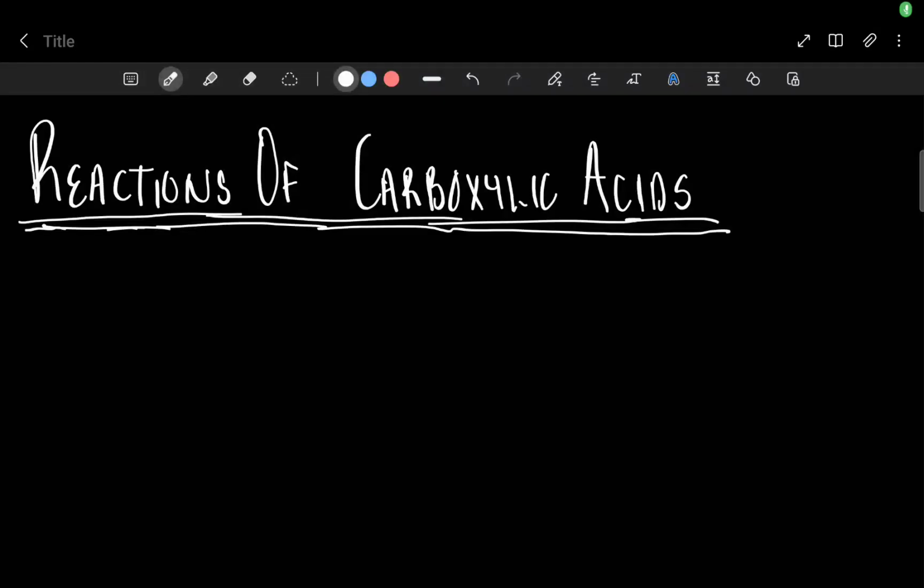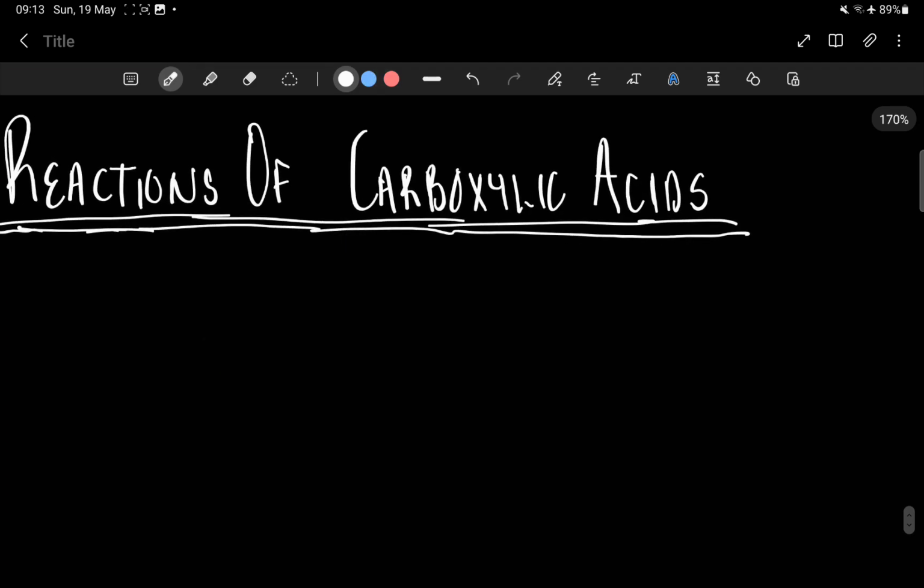Quickly run through the reactions of carboxylic acids. Now, this is the easiest. Beautiful stuff. So first let's go through preparation reactions. There are only going to be two. For preparation reactions,